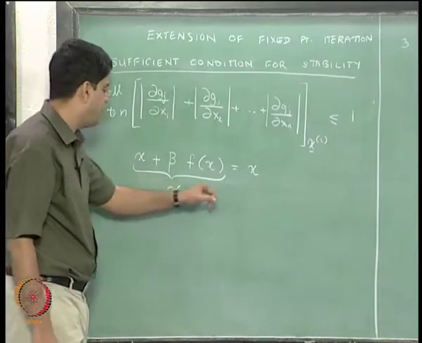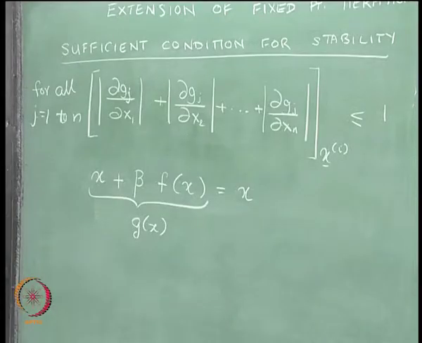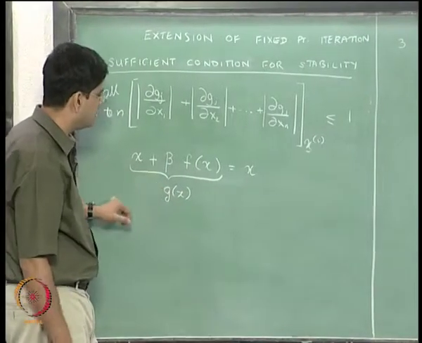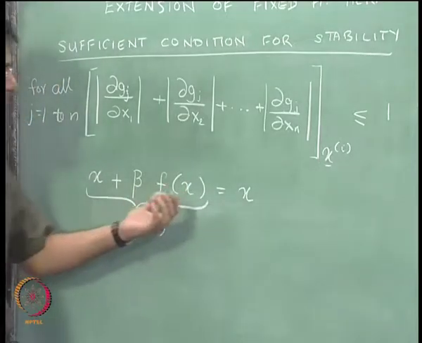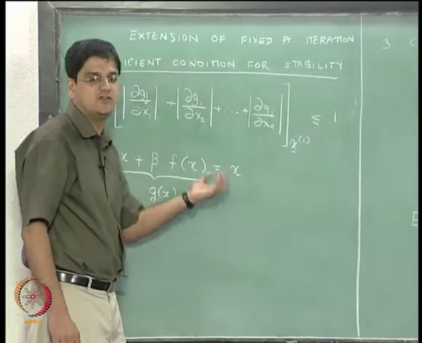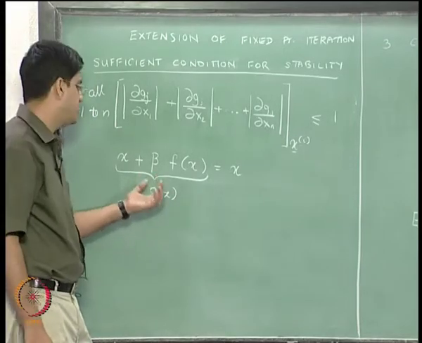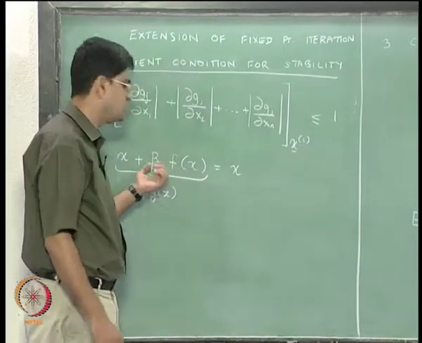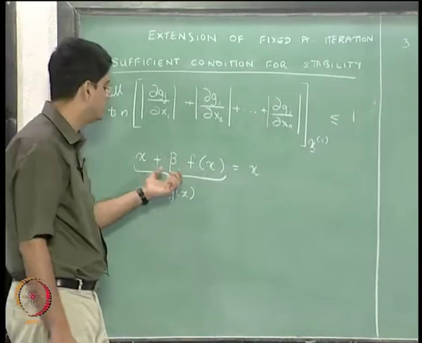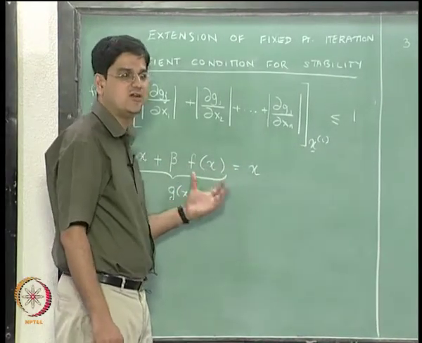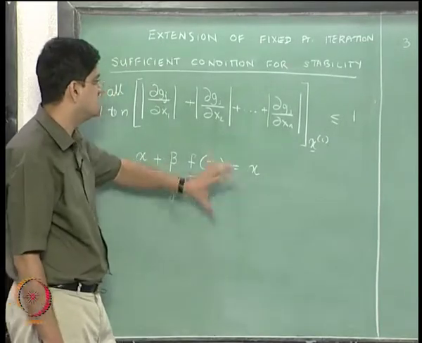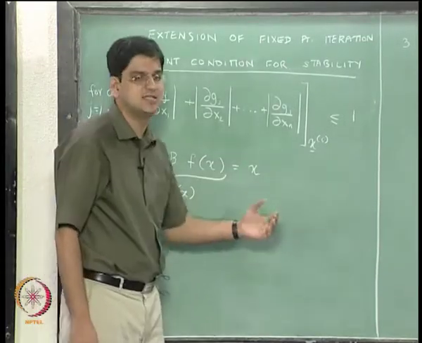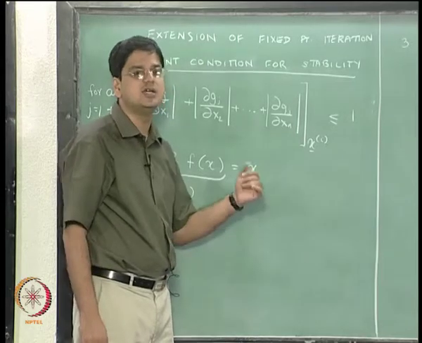Of course, when we have this as our g of x, what we will get is g dash of x is going to be nothing but 1 plus beta times f dash of x. So we want our f dash of x to be negative in order for this to work. If f dash of x is going to be positive, we can take a negative value of beta. So we can appropriately choose that value of beta such that the sufficiency of the condition dg by dx less than or equal to 0 is satisfied.